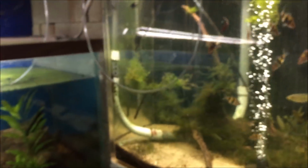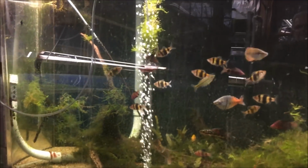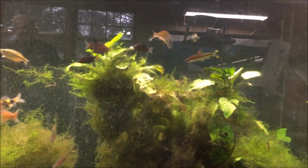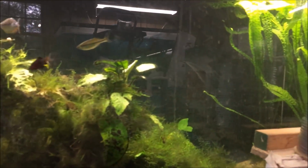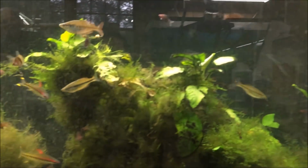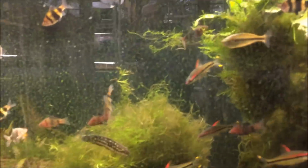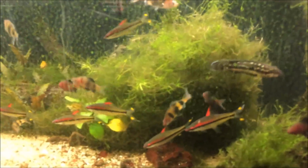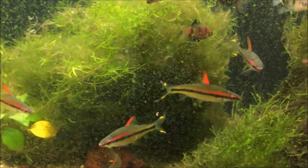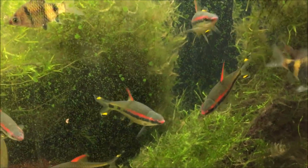And next over here, this humongous tank. What did you say this was? How big was this? That's a 300-gallon plexiglass tank. It just keeps going. My favorite fish in there are the Denison barbs. Oh yeah. But I did buy, 2 years ago, I bought a dozen black ruby barbs, and